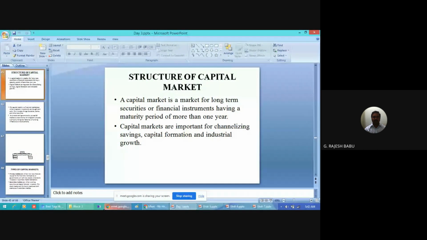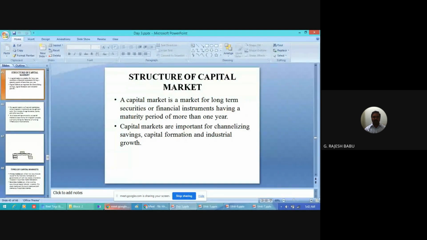The capital market is a market for long-term securities or financial instruments having a maturity period of more than 1 year. Capital markets are important for channelizing savings, capital formation, and industrial growth. The capital market is a financial marketplace where long-term